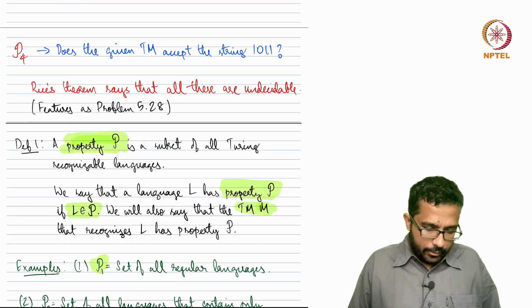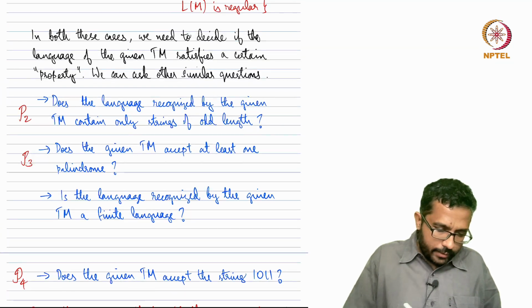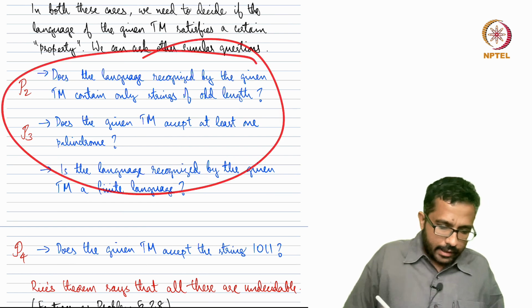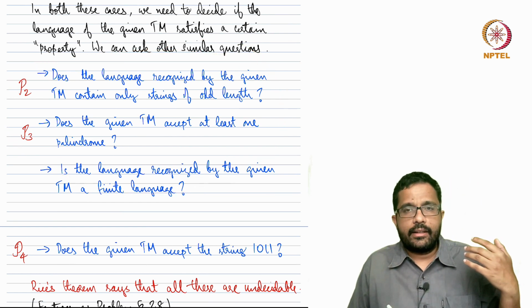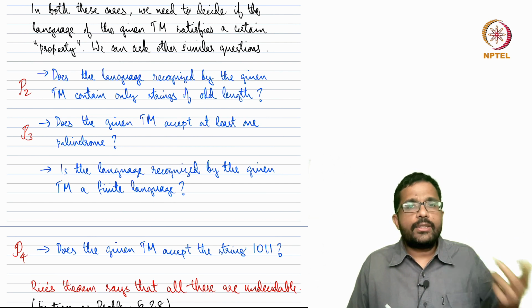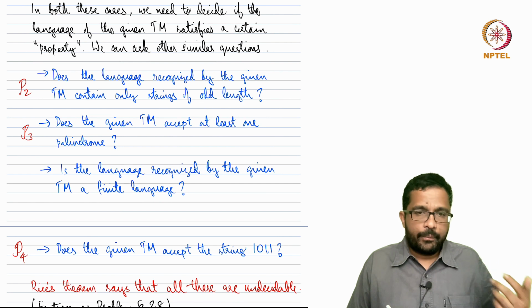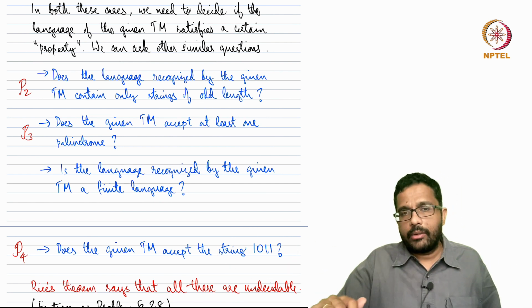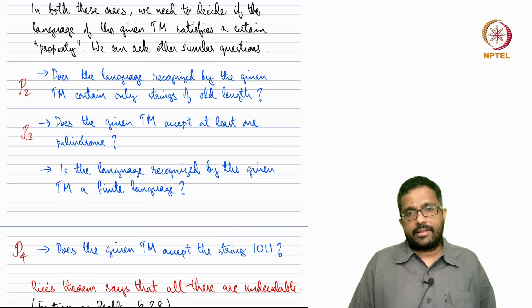And now by whatever I have said, all of these questions that are asked here, does the language contain only strings of odd length? Does the language contain at least one palindrome? Does the language recognized by the Turing machine contain, let's say, 1011? All of these are undecidable questions,